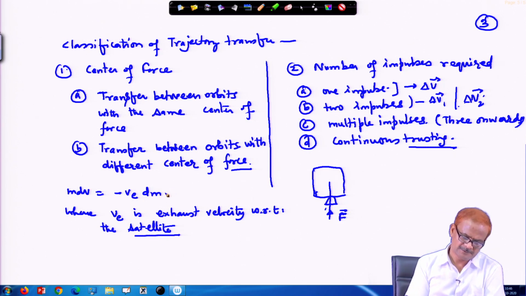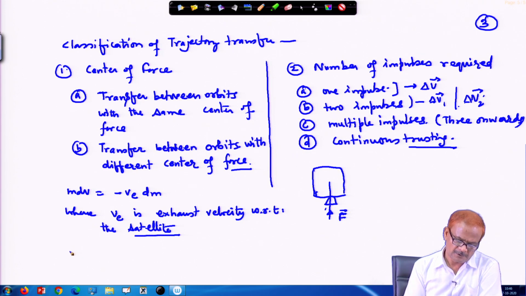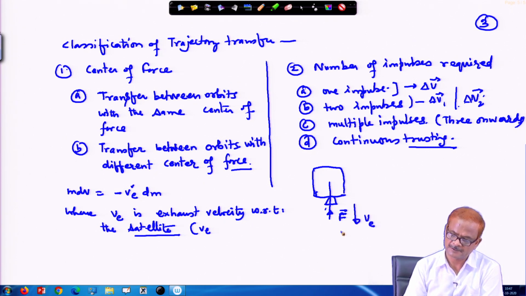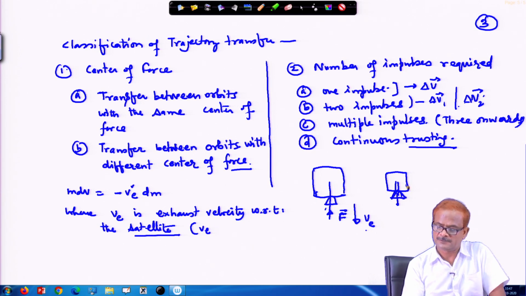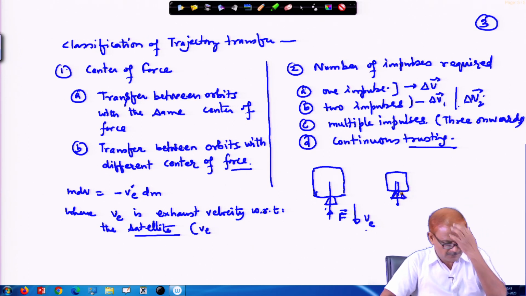And this can be derived. This is simple to derive. And remember, here we have already put a minus sign, and v is a positive quantity, though it is in the opposite direction, and this is with respect to the satellite. So, this is not the absolute velocity, this is relative velocity, the exhaust velocity, and generally it is available to you. It depends on the construction of the satellite, the nozzle and your thrusting system.